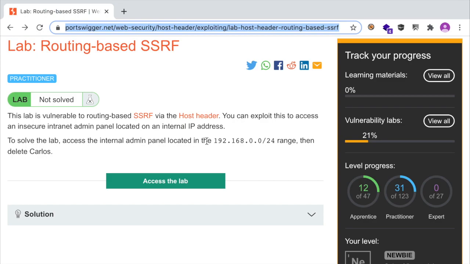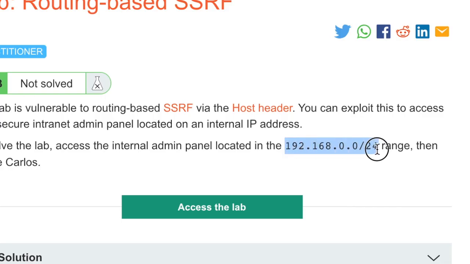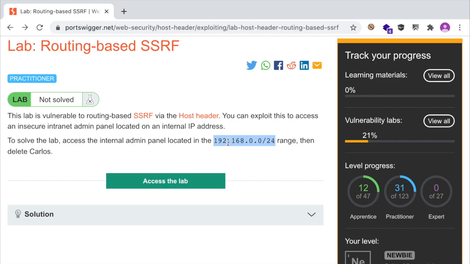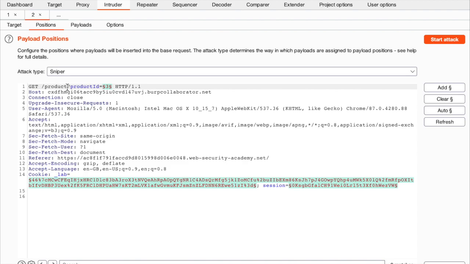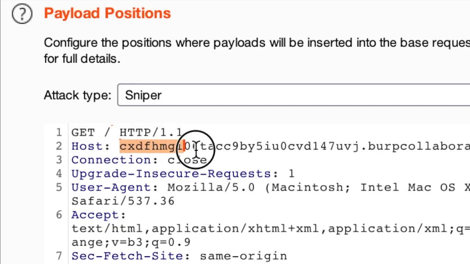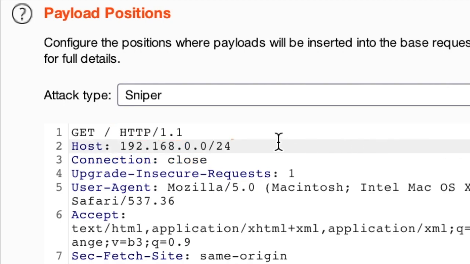In the lab, we had this internal range that might contain a live application. So let's try to brute force. I'm going to copy that range, and now we will send this to the intruder. I'm going to clear everything out, remove the URL, because we want to reach the root path of the target application. And what we are after here is the host header. So I'm going to paste my range,